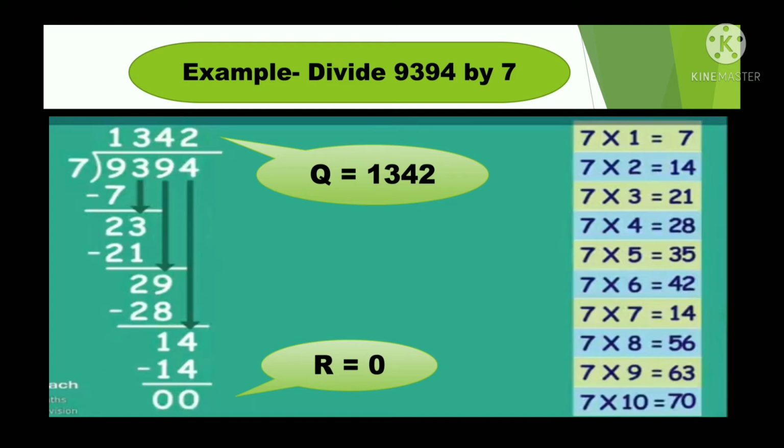23. So after that again we have to count the table of 7 and we'll see which number is closest to 23 or equal to 23. In 7 table we can see there is 21, 3 times. So we will take it and write it down below 23. So after that again we have to do the subtraction, and after subtracting we'll get 2.